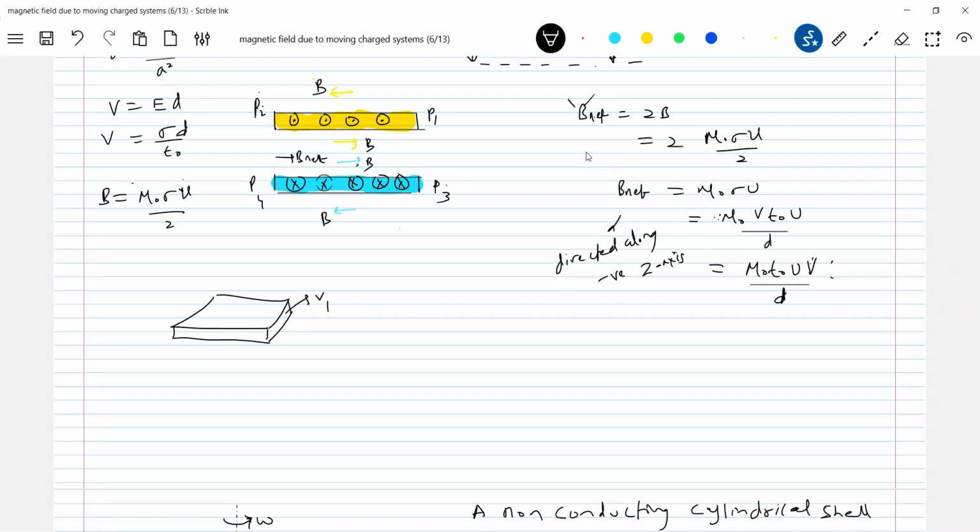If I move this plate like this, and this particular plate I'll move like this, or let's take an example like this. Then the field at a certain point they'll ask you, because it will produce field everywhere here. Of course, there are large sheets, just hypothetical, I'm showing small ones. So individually calculate the field due to each, take superposition. Any application problems can be asked. You have to be careful.